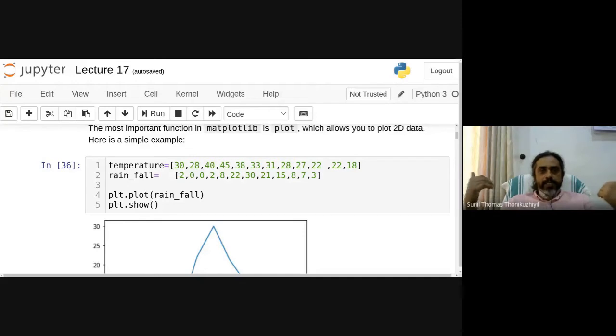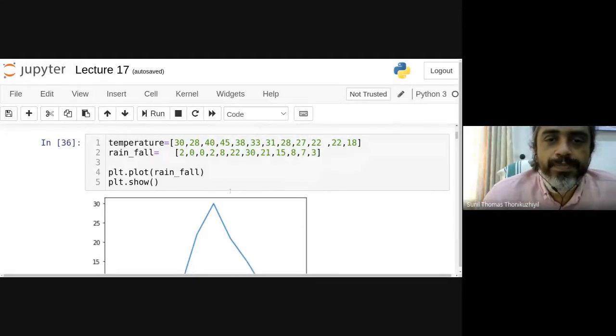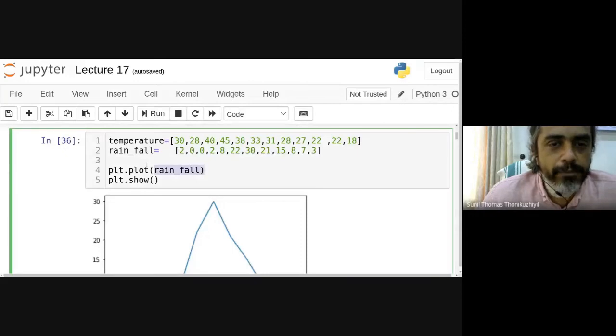How to plot it, and how we can interpret it in a useful way, is what we are going to do. So maybe in the next couple of classes we will be using these 2 things. So the first thing we do is we will plot